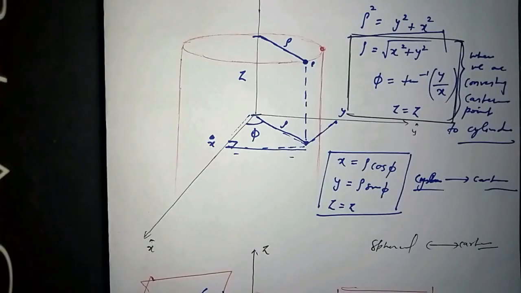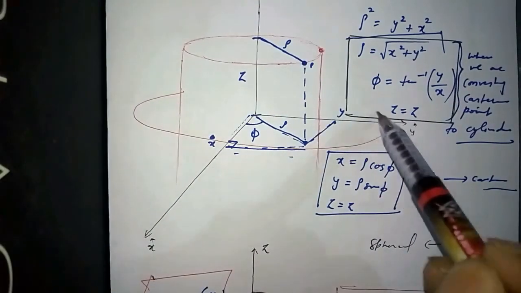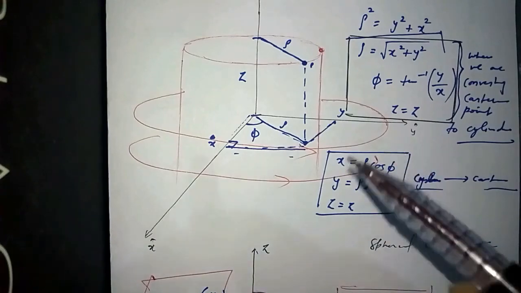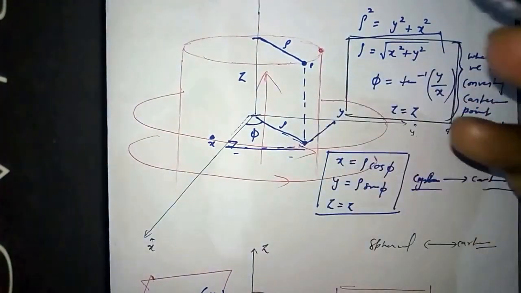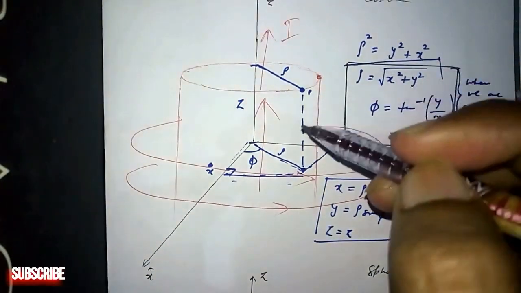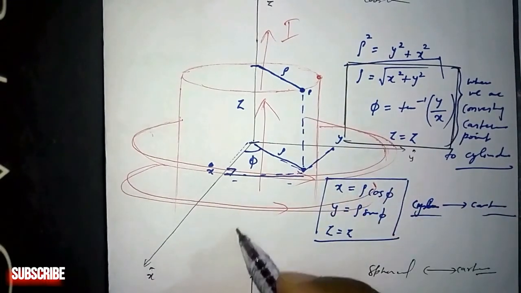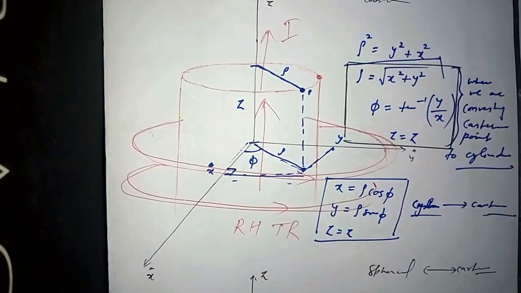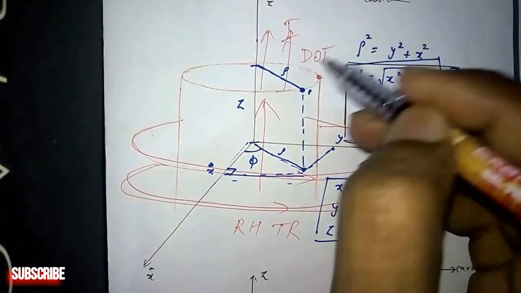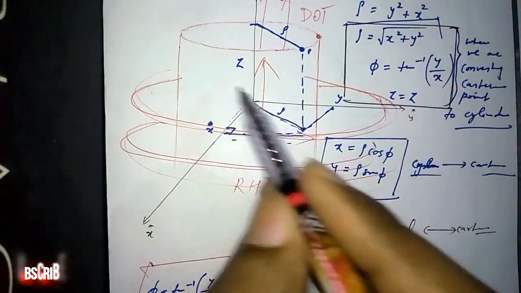So this cylindrical system is used to analyze the field which is rotating. A rotating field is where we have a moving current, okay. So let's say current is moving upward, okay, moving current is upward, so the field lines will be like this, because of the right hand thumb rule, okay. So this is the upward direction of the thumb, and this is the direction of the field lines, or say the direction of the fingers.